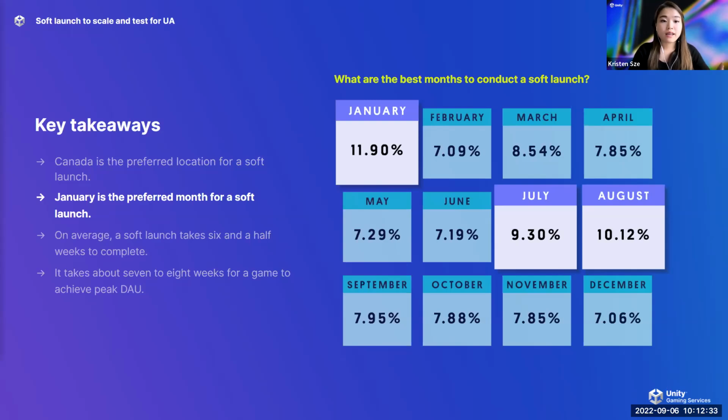The reason behind it is user acquisition is usually cheaper in the beginning of the year when you're off from the holiday season, like Thanksgiving, Black Friday, and also Christmas. Also during summer, kids and also young adults are enjoying their break from school, and soft launching in this specific window actually helps developers to capture more data points from these target audiences during the gaming peak period.